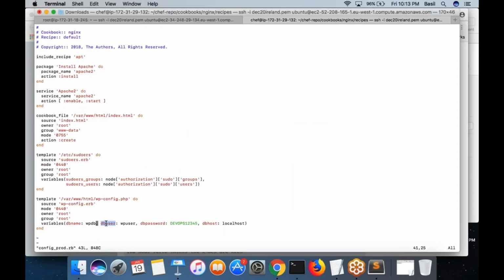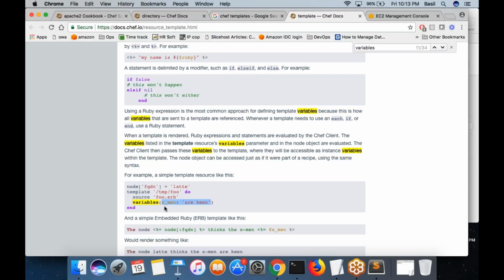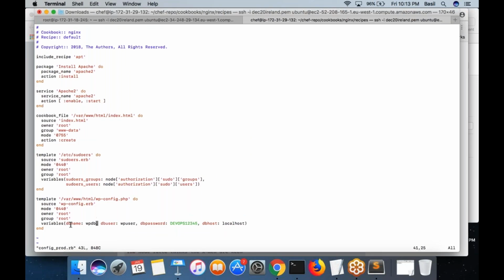Put a comma, db_user, comma, db_password, db_host. Variables. Should I put single quotes? Yeah, I missed single quotes here. Sorry. I should put the single quotes. That's what I had missed.